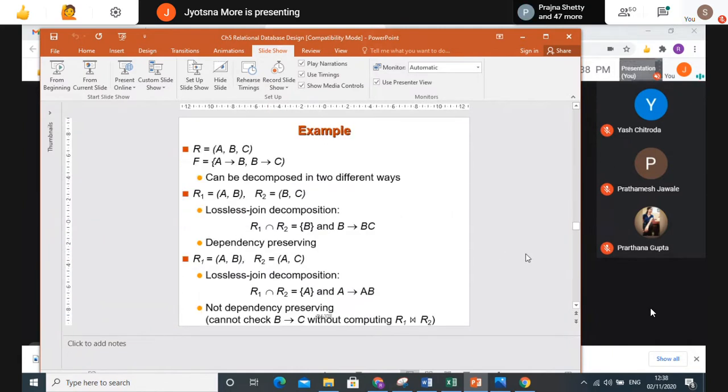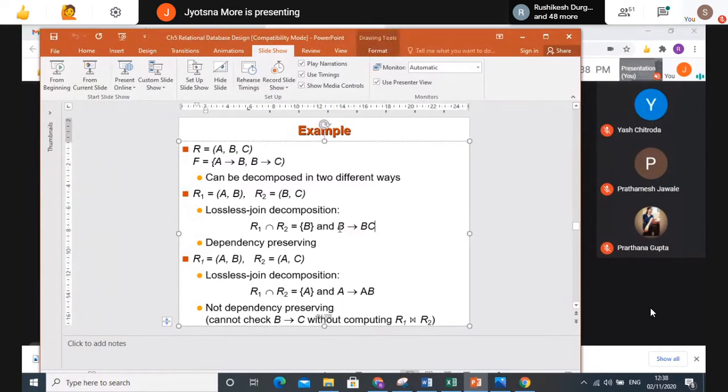So according to that, my R1 attributes are A comma B, R2 attributes are B comma C, right? So here I am getting B. How will B determine something? So now here I already have B comma C, and the functional dependency which is given is B determines C. So I am taking B determines C. This solution is directly answered.